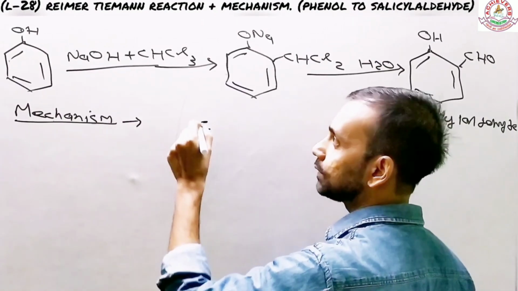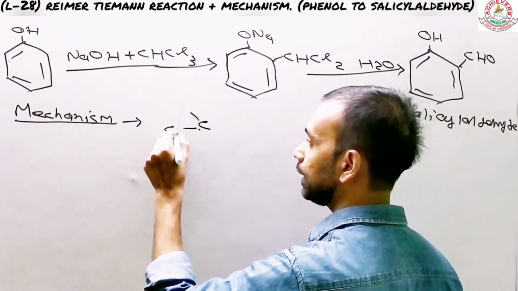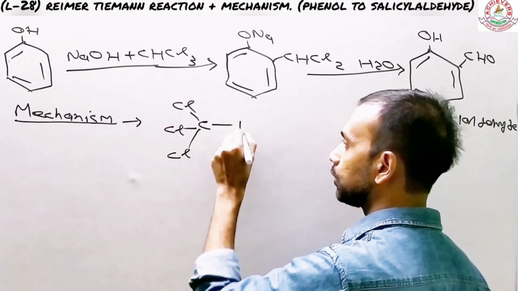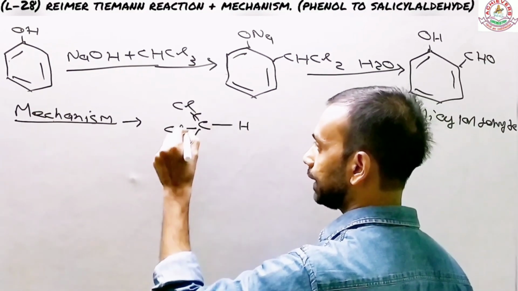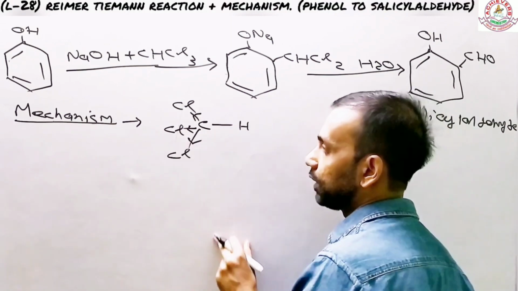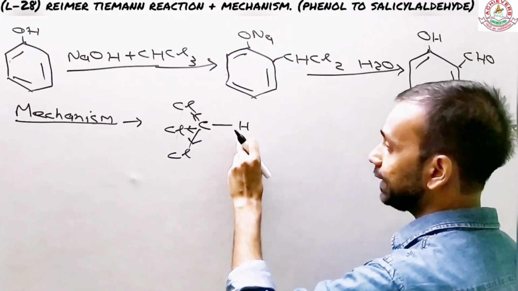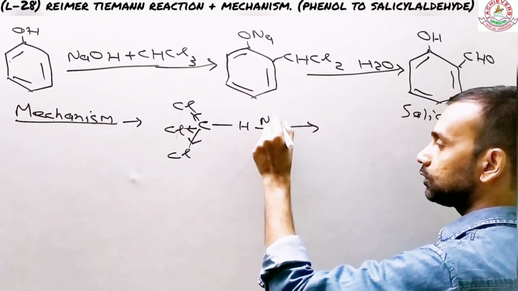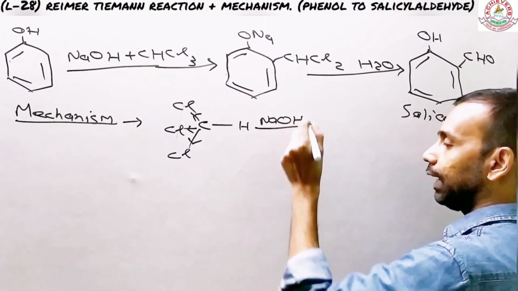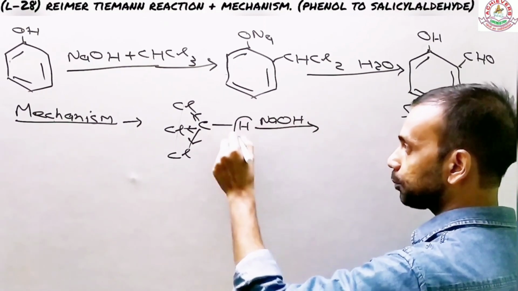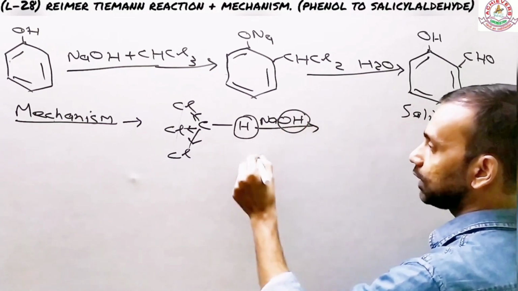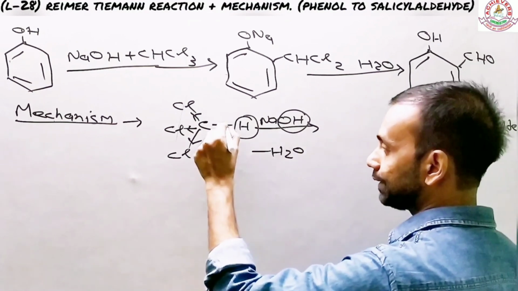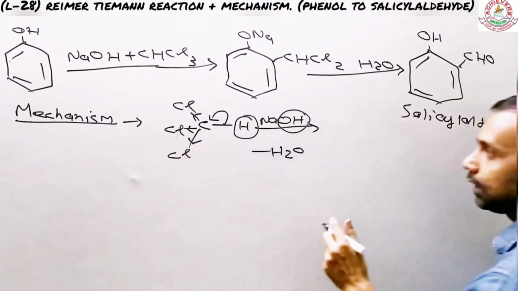Chloroform is a tetrahedral molecule where three chlorine atoms are arranged something like this, with one hydrogen right here. You do know that the chlorines are highly electronegative, so all the electrons are polarized towards them. What that means is this hydrogen is highly acidic. And then the first molecule of NaOH is used here. This acidic proton and this OH can result in the formation of a water molecule, which is also a leaving group. And by doing so, this electron moves towards the carbon